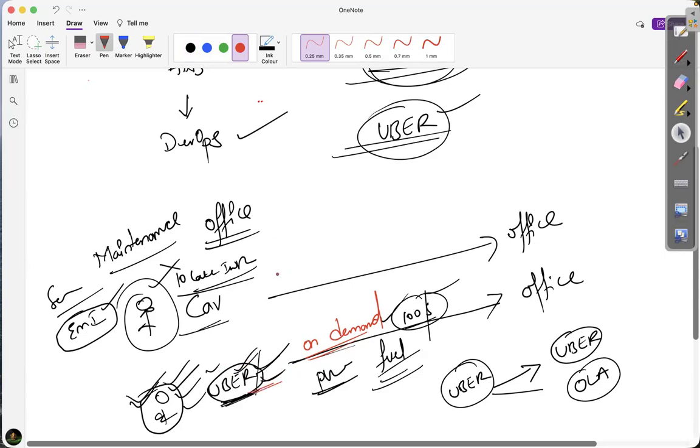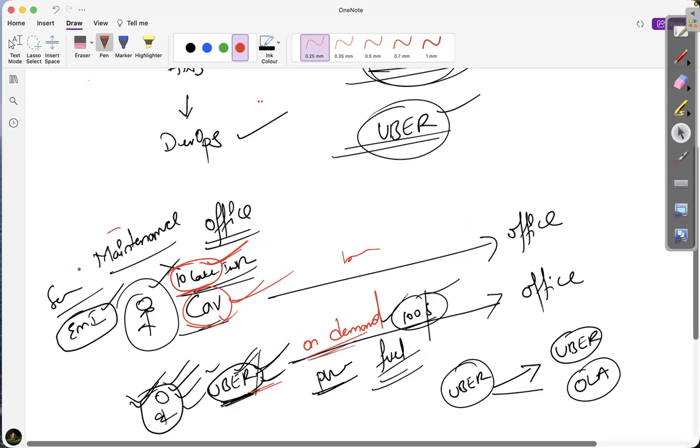But here we are owning the infrastructure. We are purchasing the car. You are owning it means you are paying the entire money. You invested a complete 10 lakh rupees. Now, whether you go to your office by car or by bus, whatever, you have already invested. You have spent the money. But here, if you have need, then only you pay. If you don't have any need, then no need to pay.